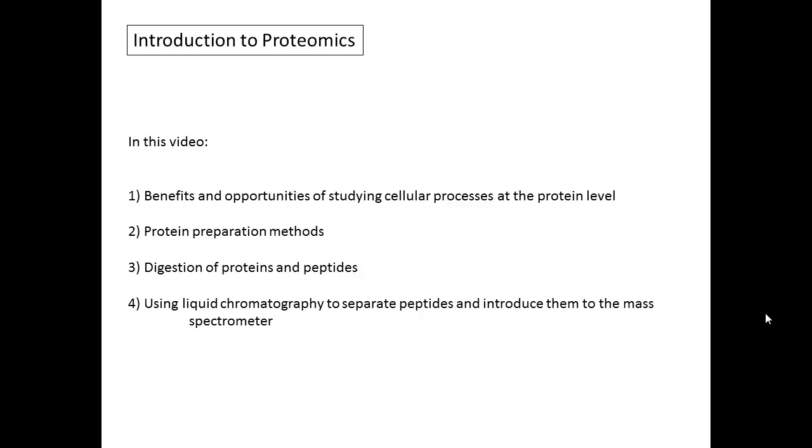We'll talk about the beginning of the proteomic process, digestion of proteins into peptides, and the use of liquid chromatography to separate those peptides so that they can be analyzed by mass spectrometry. The mass spectrometry steps will be covered in the second video, and data analysis will be covered in the third